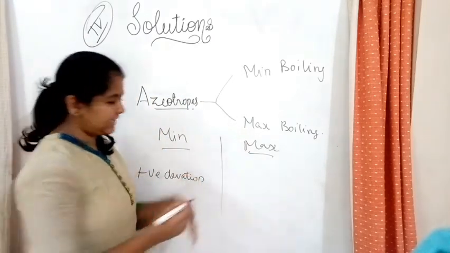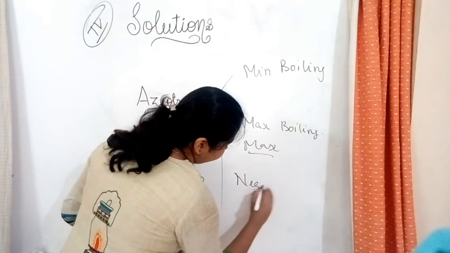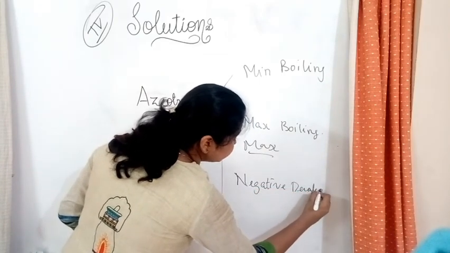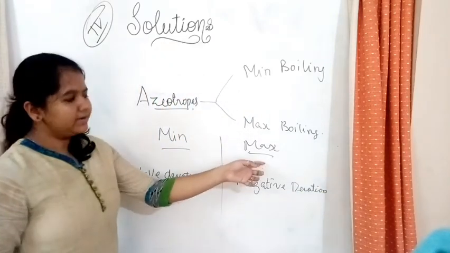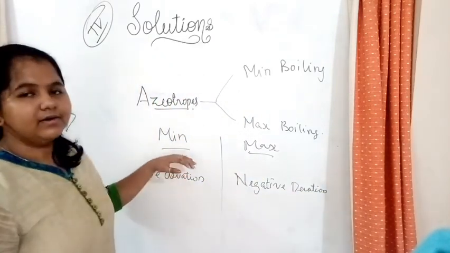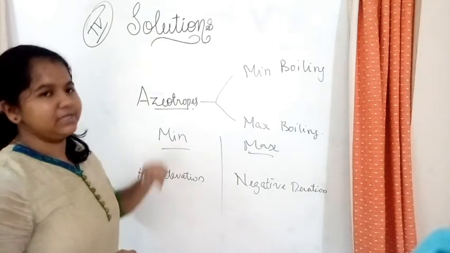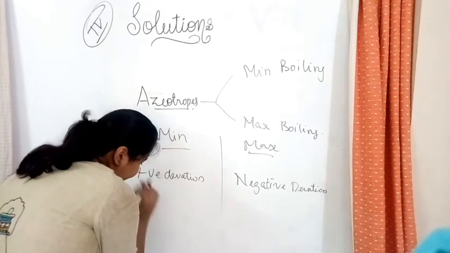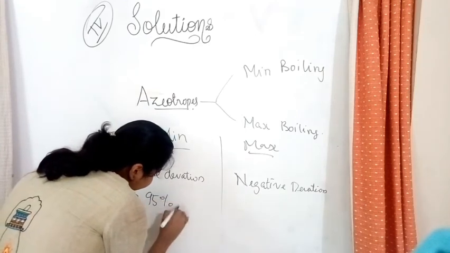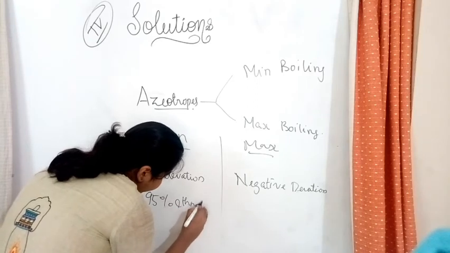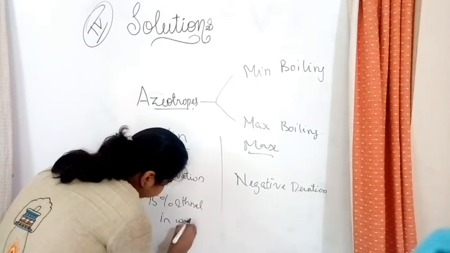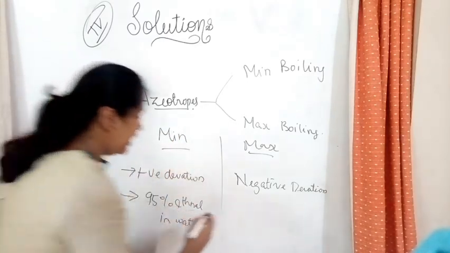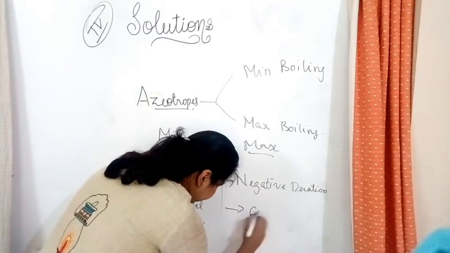And maximum boiling is negative deviation. So solutions that show positive deviation are minimum boiling azeotropes, and some of those that show negative deviation are azeotropes. So the example for minimum boiling azeotropes is 95% ethanol in water. That is for positive deviation, and for negative deviation